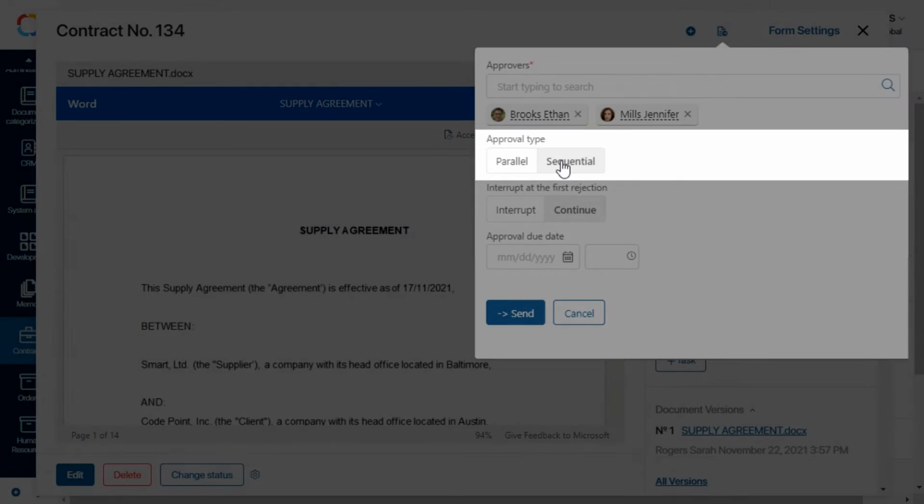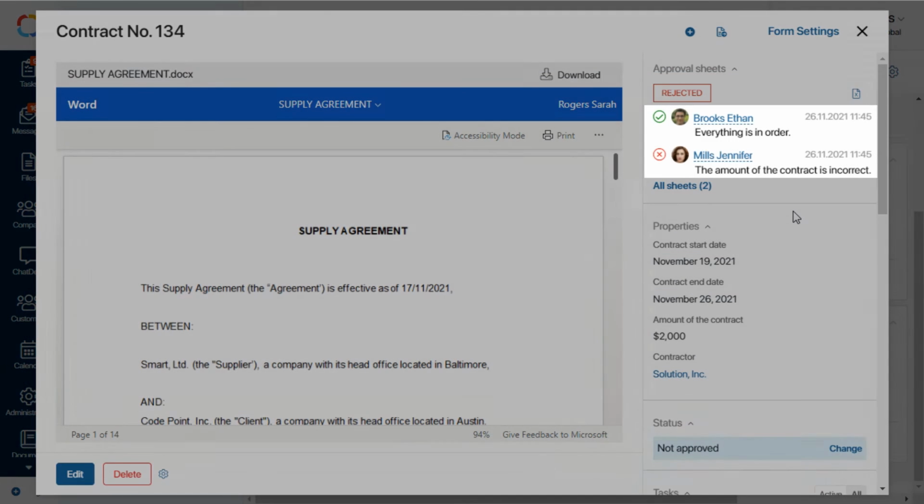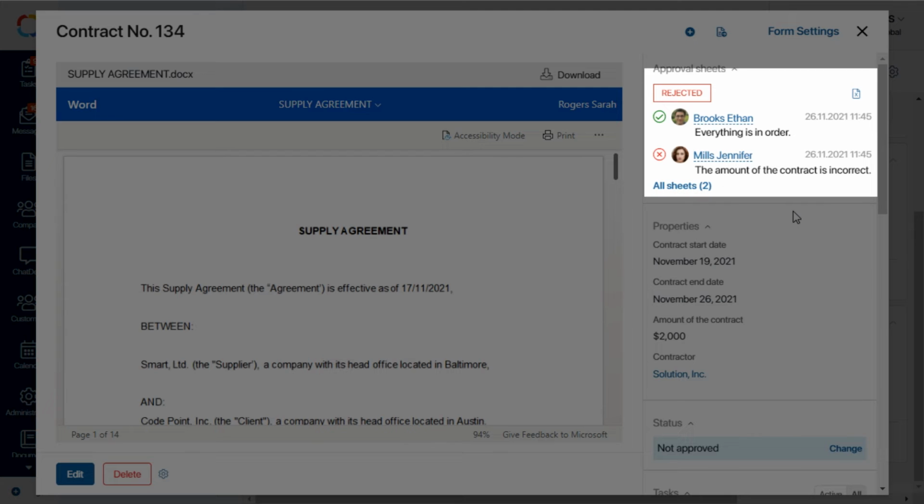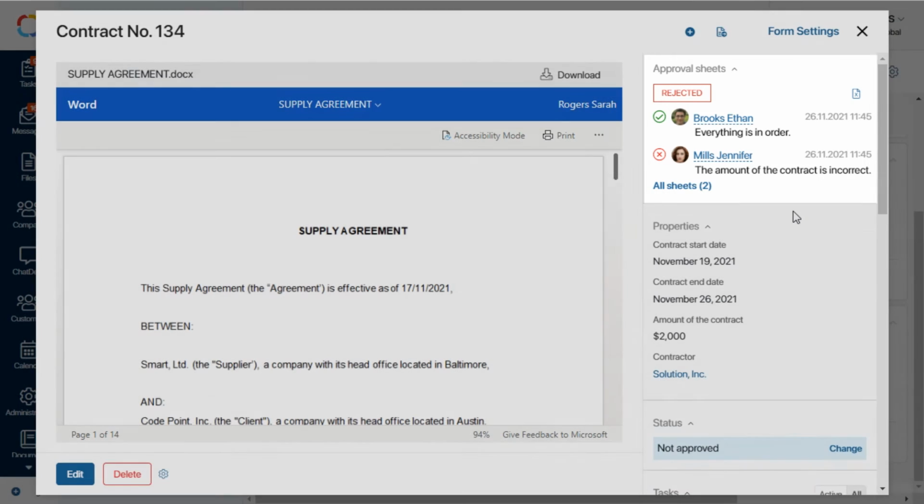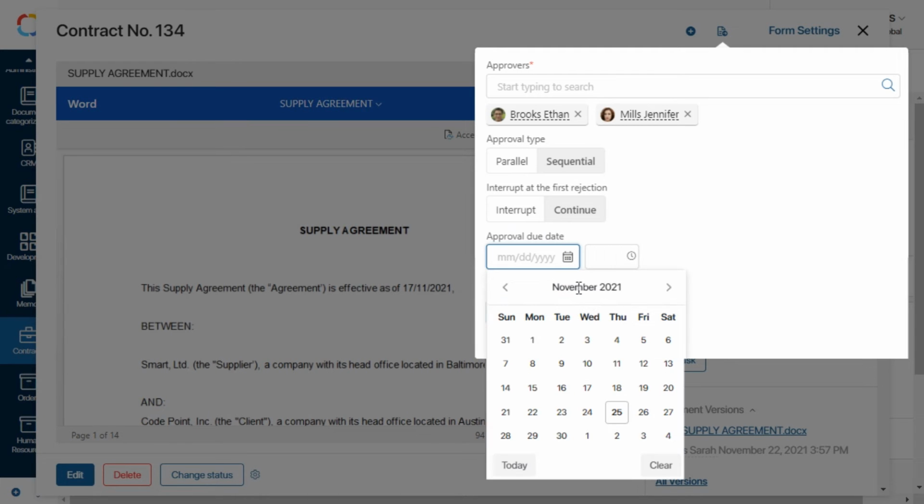Let's also configure what will happen in case the document is rejected. We can interrupt the process if one of the approvers rejects the document. We can also let the process continue. In this case, all specified employees will view the document and make their decisions, but the final resolution will be rejected. Now let's choose the approval due date